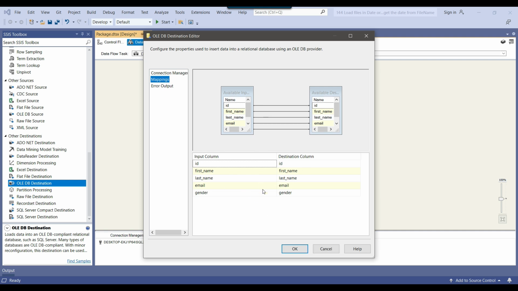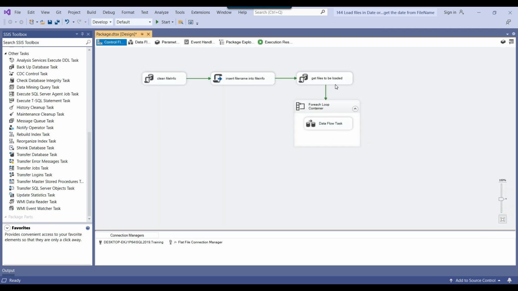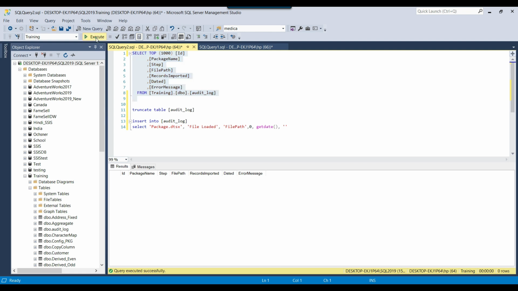Click on mappings, and this seems good, so click OK. Our SSIS package is ready. If you execute this one, it can load all the data, and it will work just great. If you want the auditing as well,